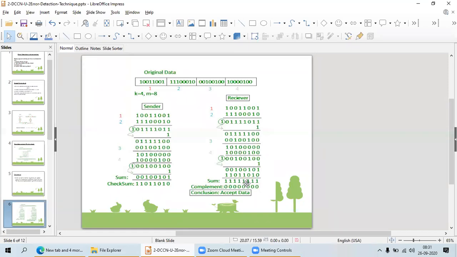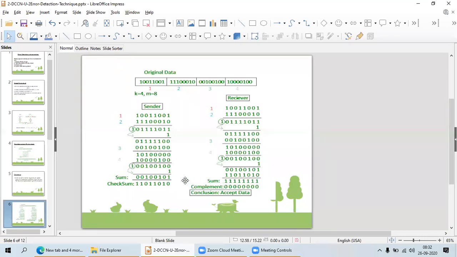After adding that checksum, if he gets all ones, then by doing one's complement he is going to get all zeros, so he is going to accept the word. Otherwise he is not going to accept. Okay, checksum: after addition and one's complement for the four words, he is going to add this checksum at the end.